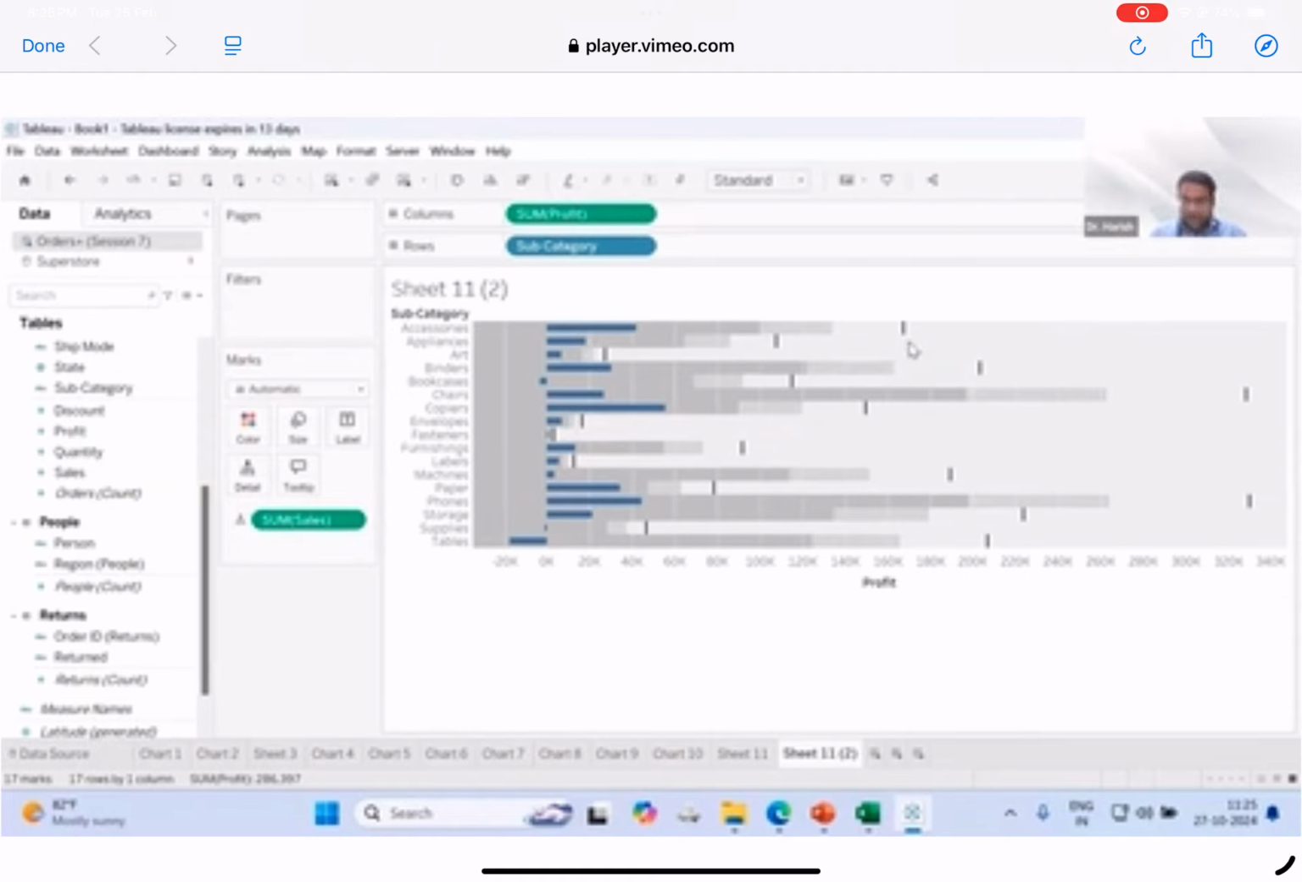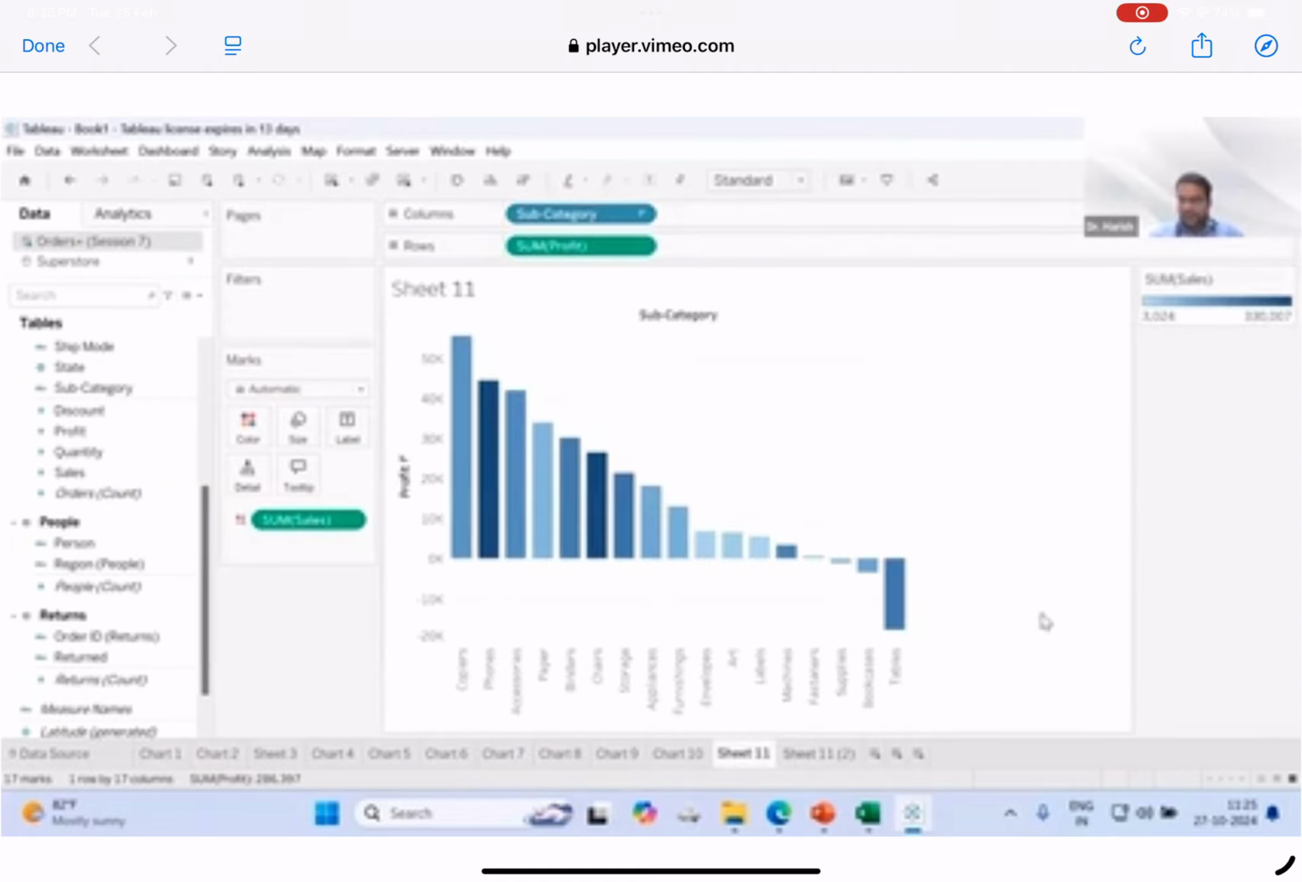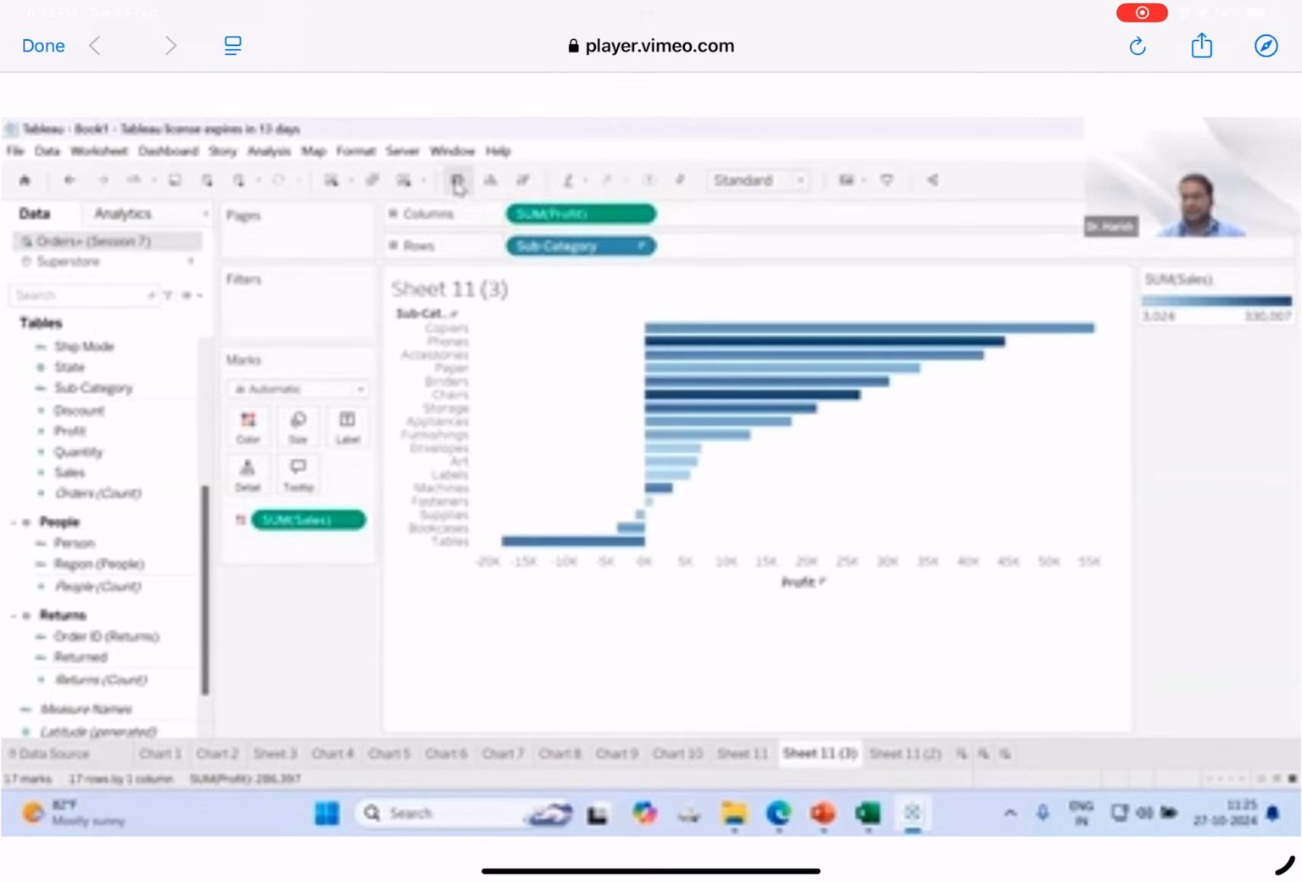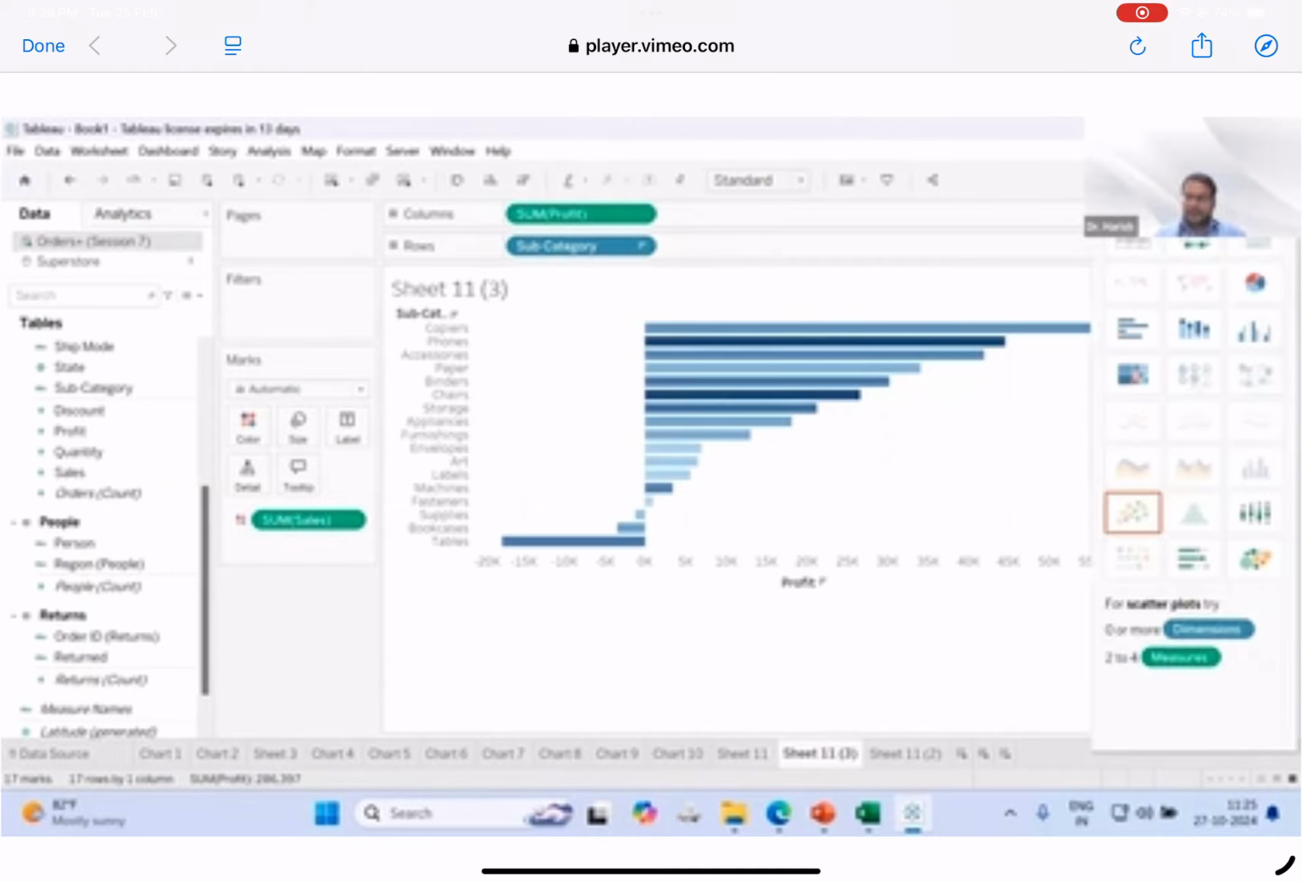Could you please repeat this? Yes. So what I have done is, till now it is clear that we have compared sum of profit and sales for each subcategory, right? Now I have made use of this duplicate. First I have converted this chart, with the swap, from a column chart into a bar chart, just by using the swapping button. Now, after swapping this, I have used this Show Me option, and there is another option,